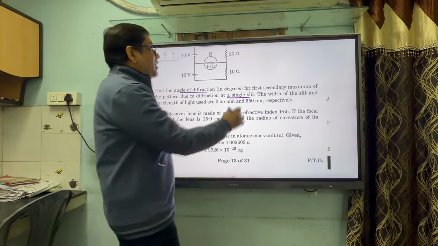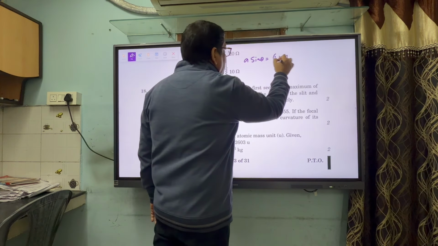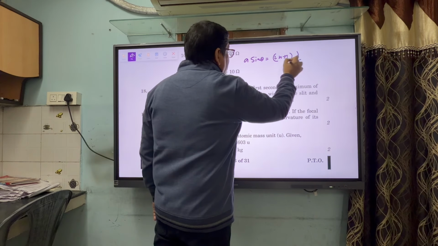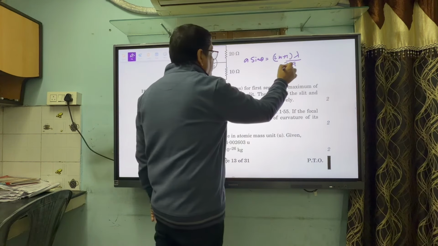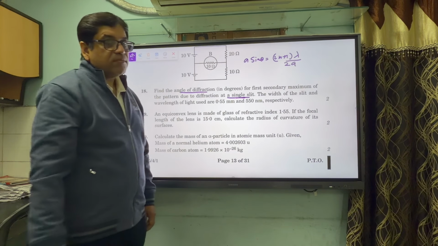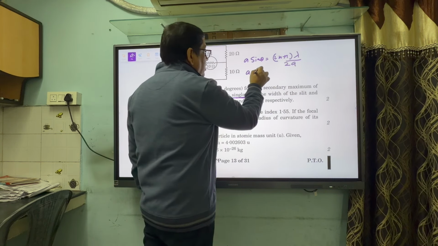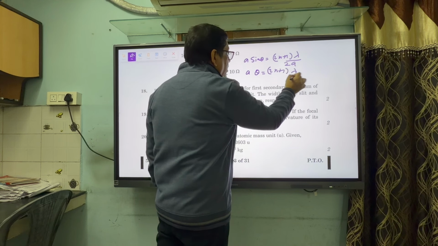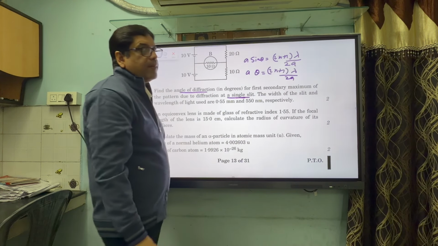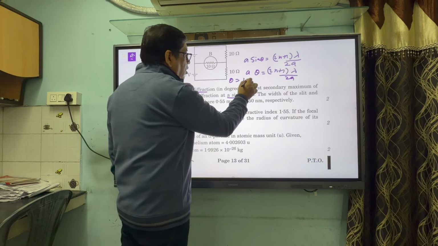In diffraction for maxima, the formula is a sin theta is equal to (2n plus 1) lambda by 2. Because the angle is small, in place of sin theta we can write theta. So theta value will be odd multiple of